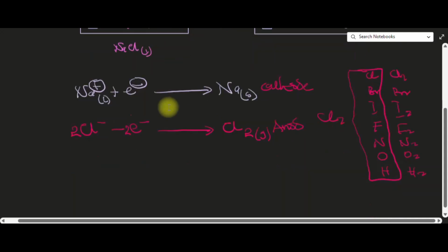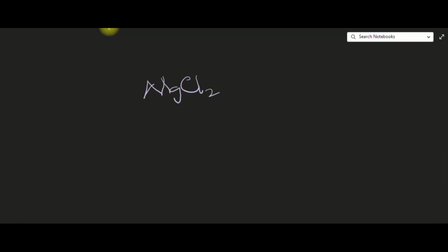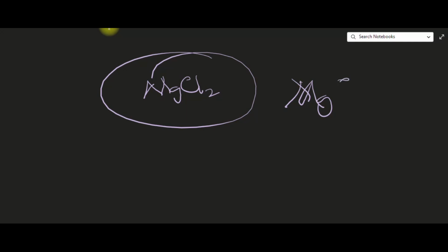For example, if I have magnesium chloride, MgCl2 as my salt, and then we melt it to become MgCl2 liquid, that is molten MgCl2, and then we use it as our electrolyte,